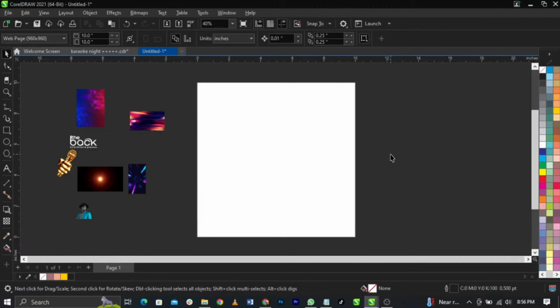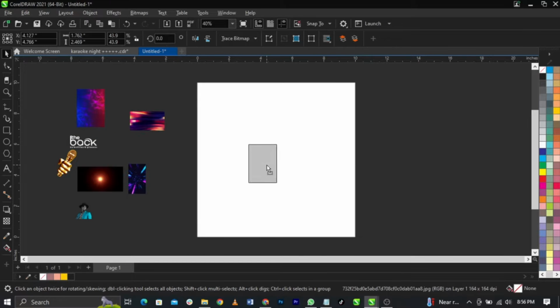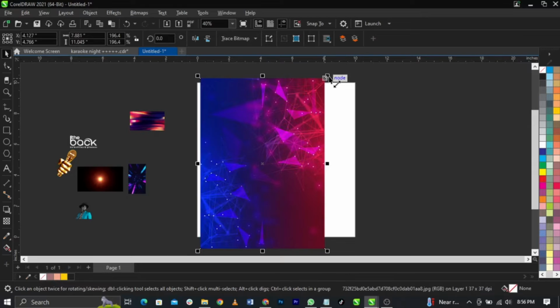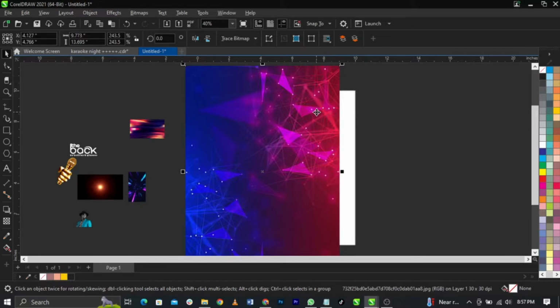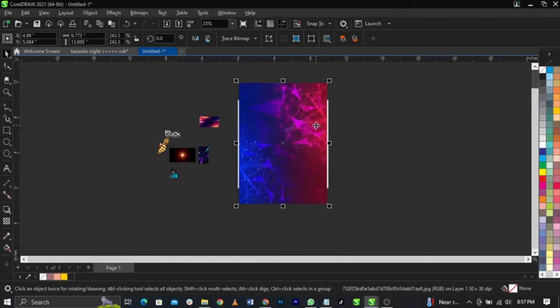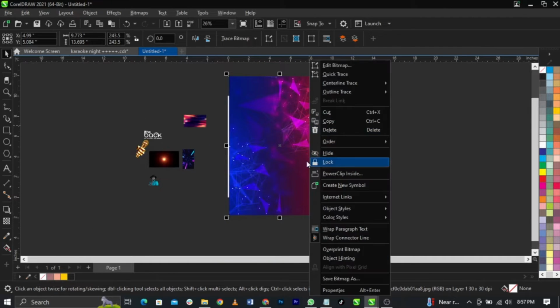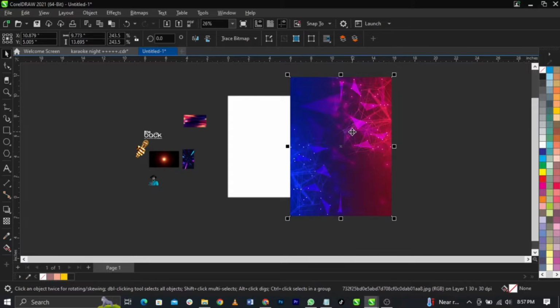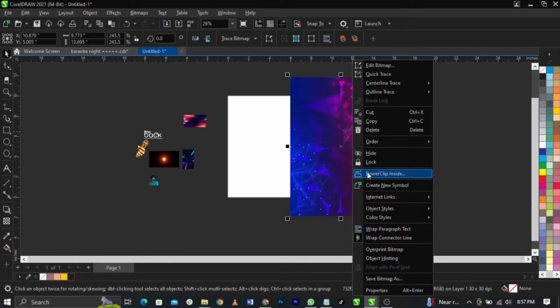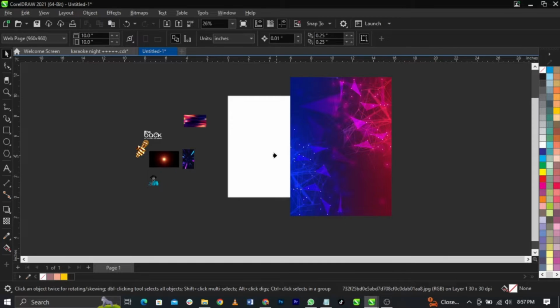So the next thing I'm going to do is bring in this background, and basically I'm going to scale it up just right here. All right, so once I scale it up, this is what you're gonna have. So I'm gonna basically right click and select, okay, let me put it just right here. I'm gonna right click and select power clip. The meaning of power clip is basically because I want to power clip it inside this frame,